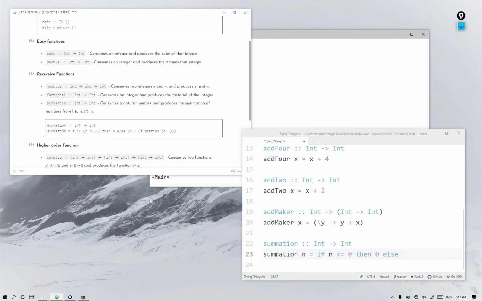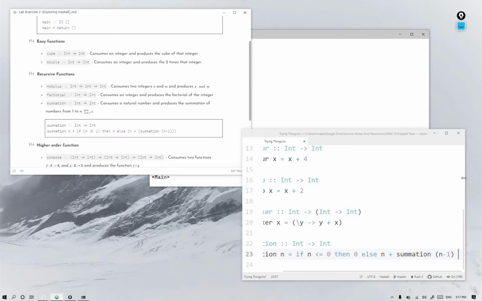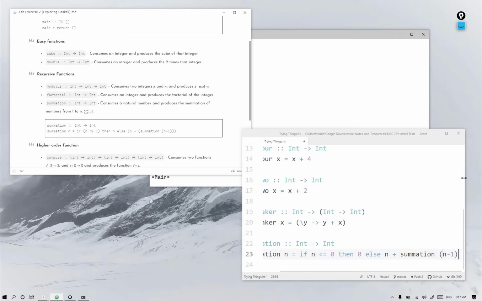Then this is where you recursively call summation. Else you add the value n to the summation, which is the recursive call of n minus 1. And yeah, that's just it. It only accepts one value. So be careful with Haskell's